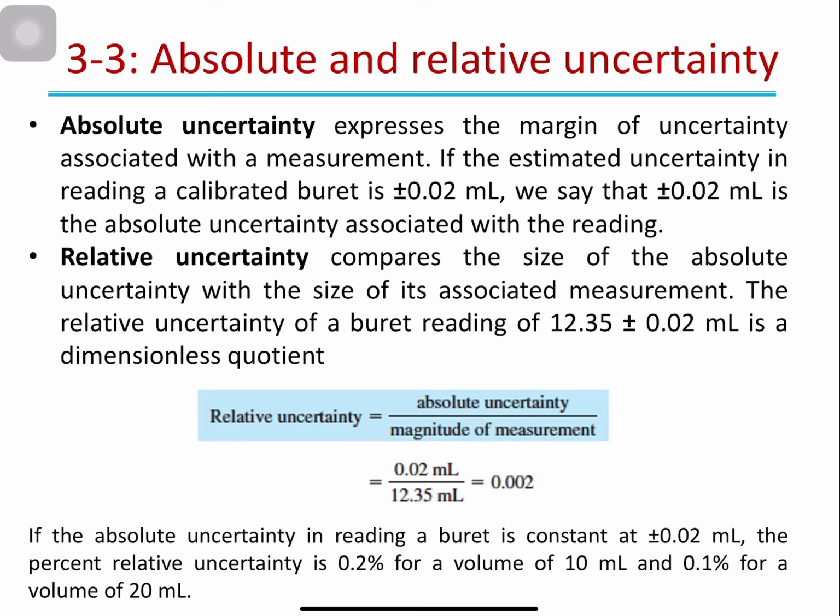The relative uncertainty can be expressed as a percentage, and it's usually dimensionless, so there's no dimension for it, unlike the absolute uncertainty, which has the same units as the measurement. Because it's relative, because it's a ratio between the absolute uncertainty and your actual value, remember that the higher the value of your measurement, the lower the relative uncertainty of that